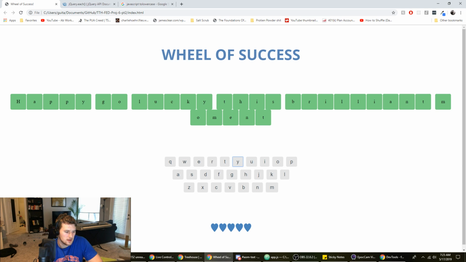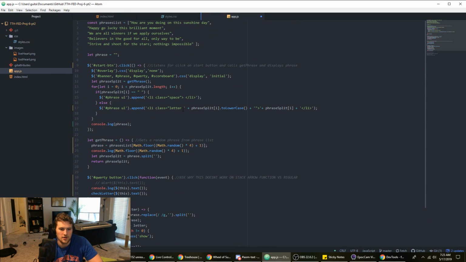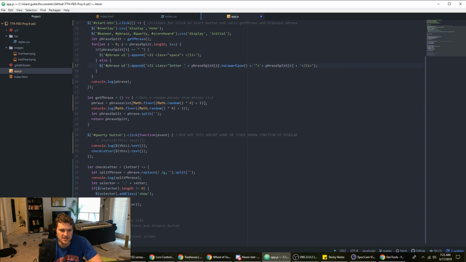YouTube petty. Didn't see how you did that. So what we did, it wasn't working because when we were doing the selector up here, we were adding the letter as an ID instead of a class. So the selector would only grab 1. But now that it's a class, it just loops through and grabs all of them. Because IDs, you're only supposed to have 1 ID. I was just being dumb.